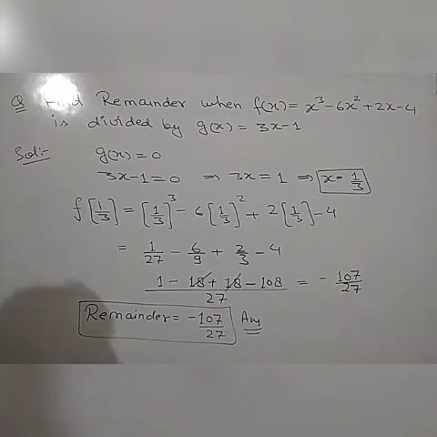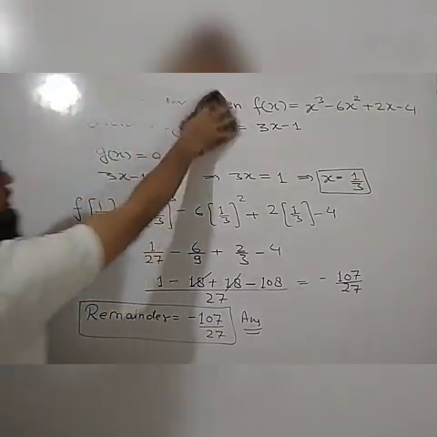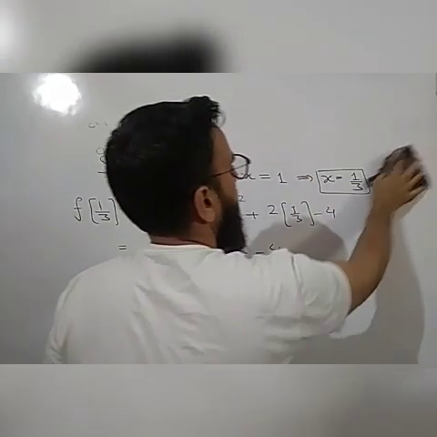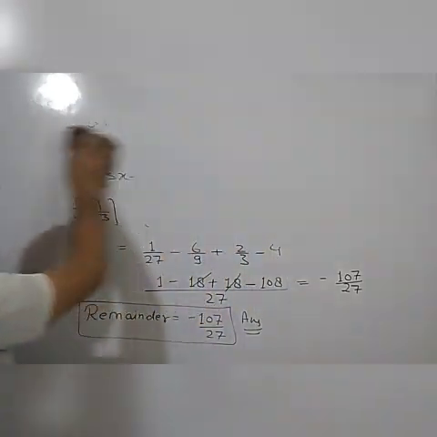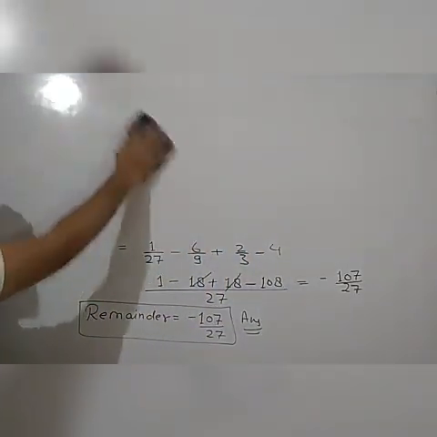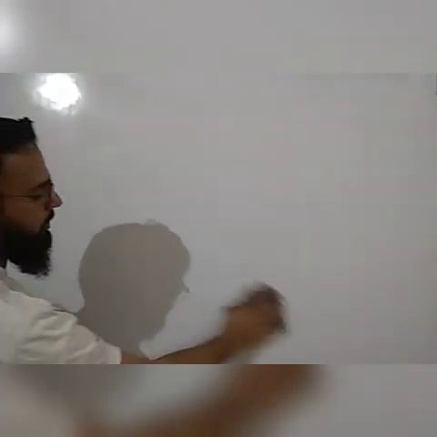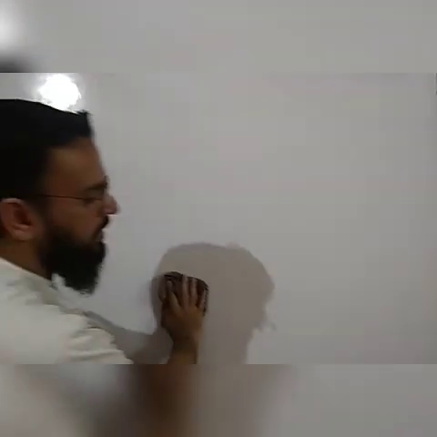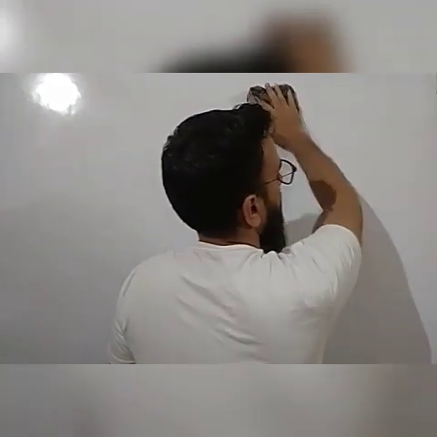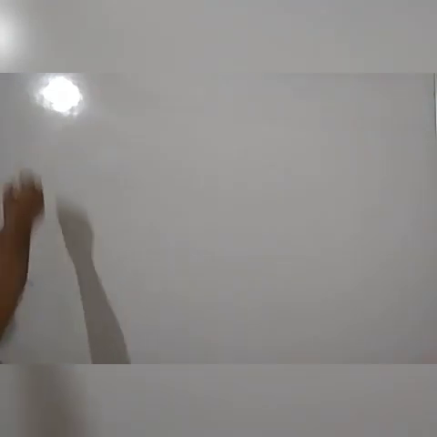So it is the basic concept of the remainder theorem. Now we are coming to some important questions of the remainder theorem. Now we will be given two polynomials and both of them will be divided by the same polynomial, and we have to find the value of any unknown. We will be given conditions on the remainders, like the remainders of both the polynomials are the same, or the remainders differ by 2, or the remainder of one is greater than the other by this term, like that. So let us solve one question.